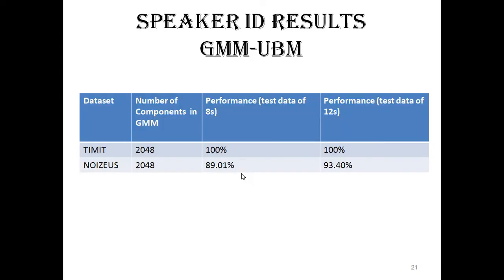So in conclusion, I would like to say that the UBM system provides better accuracy in noisy environments, but it requires more computation because we will be calculating the universal background model, which requires a large number of mixture components. And in situations where we have constraints on computational complexity, we can go ahead and use the baseline Gaussian mixture model system with 32 or 16 components in each of the mixtures to obtain fairly accurate results.